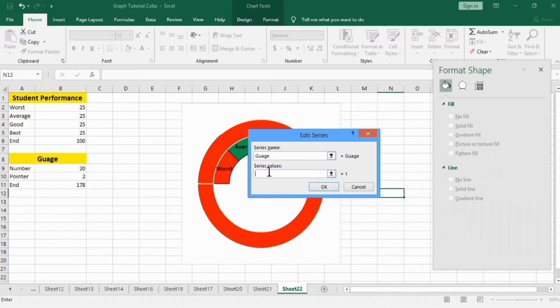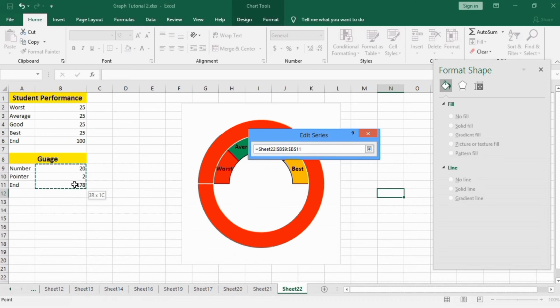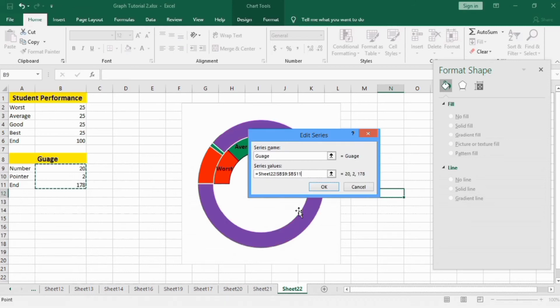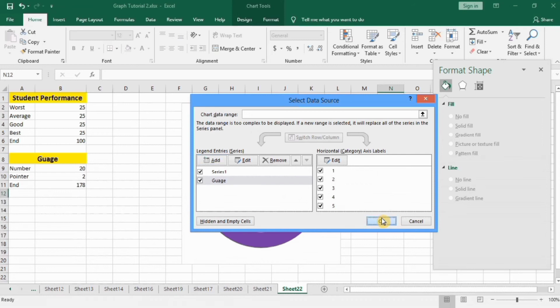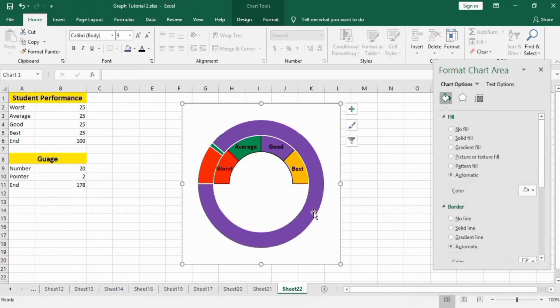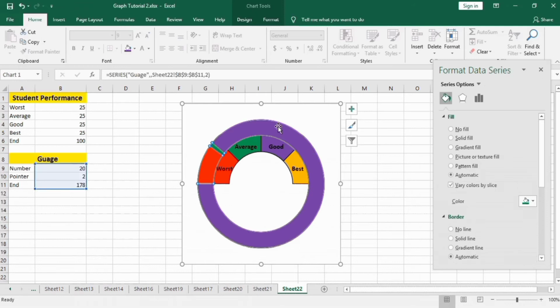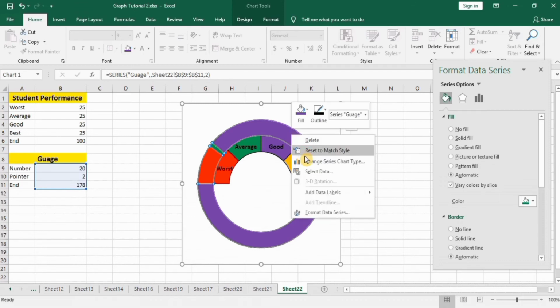In series values select these ones. Click on OK and again OK. Now select this chart area which is newly created. You can see here the outer donut chart is selected now. Right click and select this change series chart type.